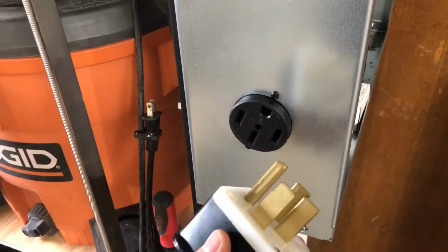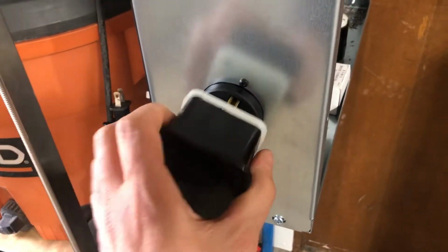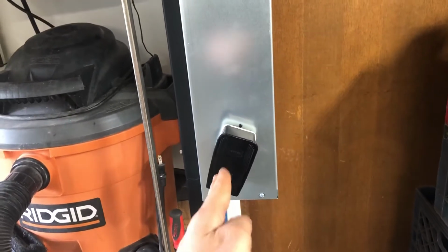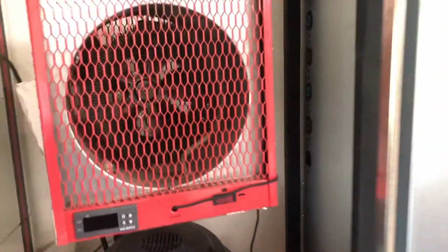Also, I have an inverter that's got a 50 amp input that has the same plug on it. So I tilted this one a little bit so that if I add more above it, the cords won't interfere because they'll pass out the side of each one. And in the back here, if you can see back there, you'll see the outlets in the back there. One of them is really local. It's going to be for this heater,